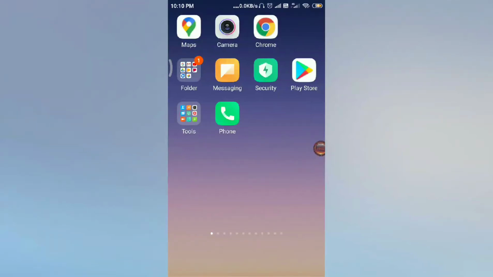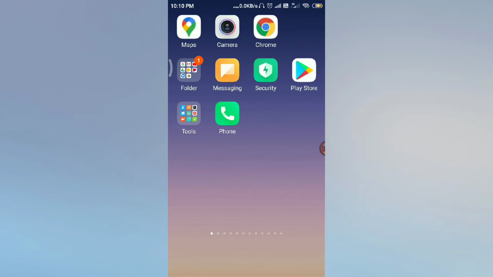Today I am going to discuss a very important topic. Most of the time, it sometimes happens that your phone hangs a lot. So how can you fix this problem, and how can you make sure that your phone never hangs or gets slow? Using this method, my technique, you can solve your problem.